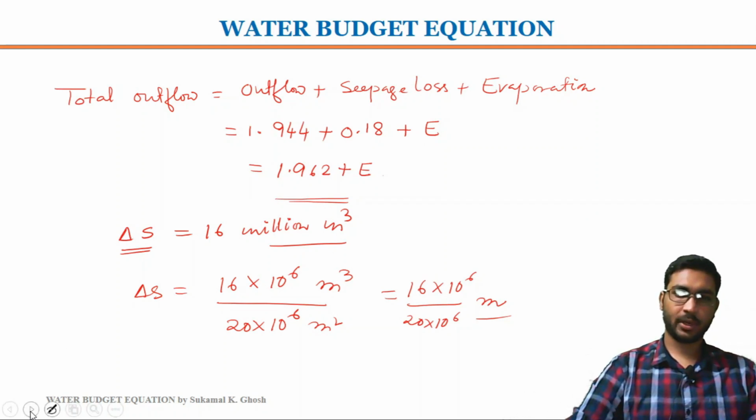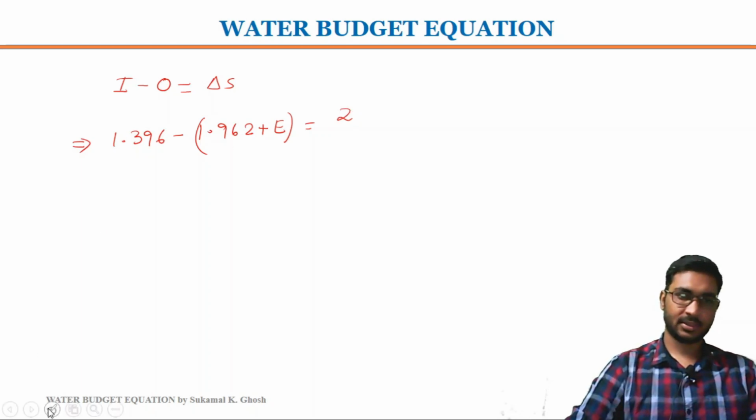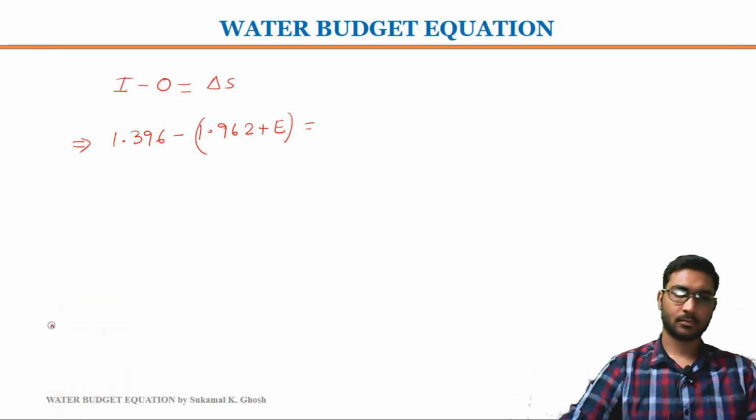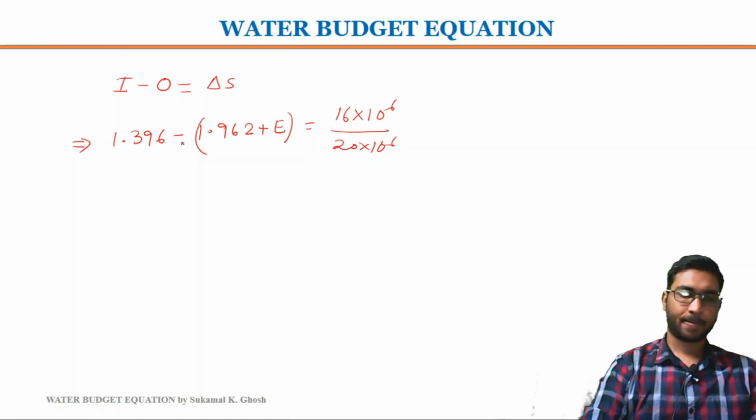So outflow is 1.962 plus E equal to, sorry, this will be 16 into 10 to the power 6 by 20 into 10 to the power 6. So if we calculate this value, it will be equal to 0.234